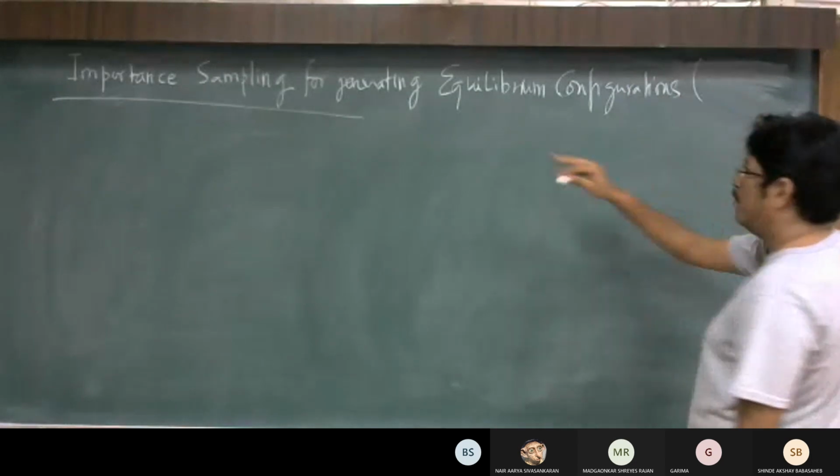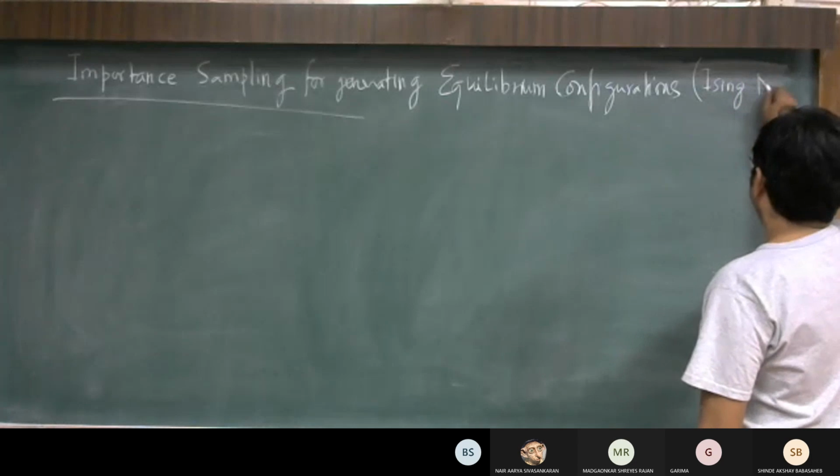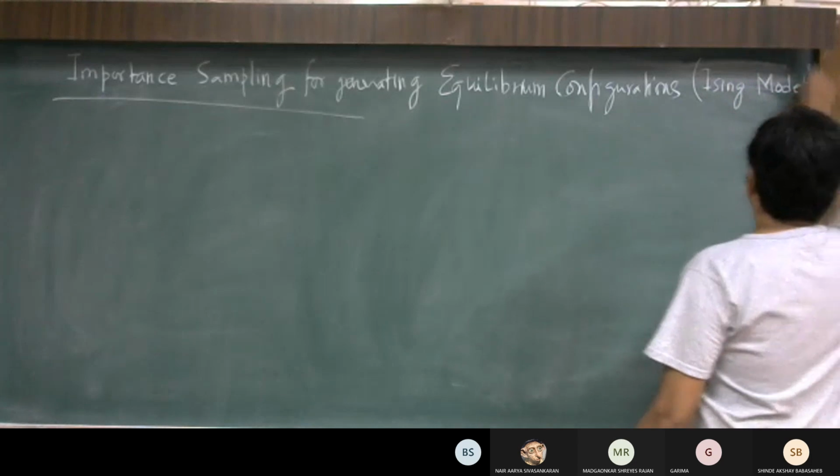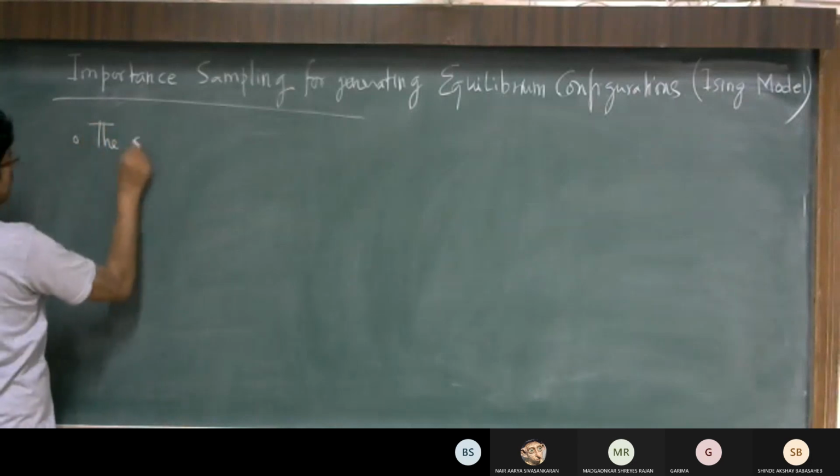In this particular case, this method is more general, but we are doing it for the Ising model. And the main idea is that the samples themselves,